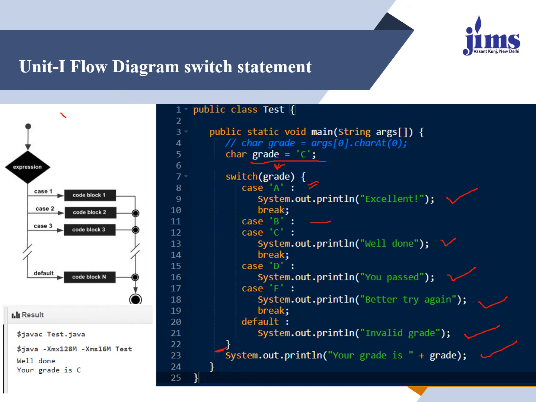So this is how we will be designing a flowchart. We are just giving as an input this expression. If this expression is true with case 1, this statement will execute. With case 2 this, with case 3 this, and every statement has a break. If any of the values is true, the statement will get executed and it will get out from the switch block. If none of the values is true, it will go to default, execute the statement and come out from the switch block.